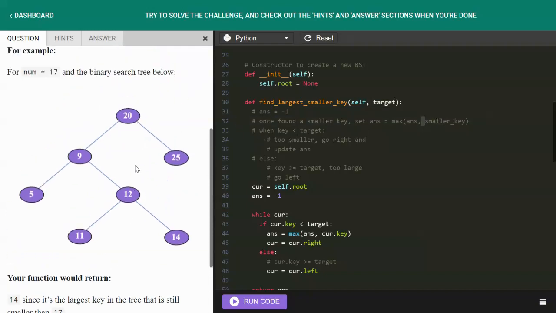Okay, so if the node's key is smaller than the target, that means the current node is too small, so we go right. The right branch is always bigger than the root, right? That's a property of the BST. At the same time, we have found a potential answer, so we just update the answer using this formula over here. And else, meaning that the key is greater than or even equal to the target,